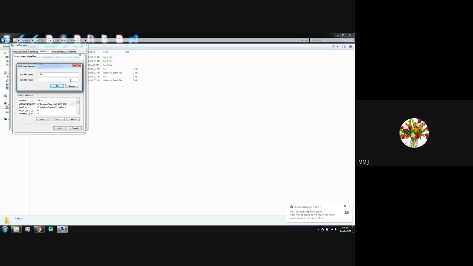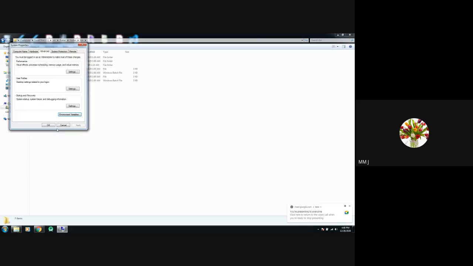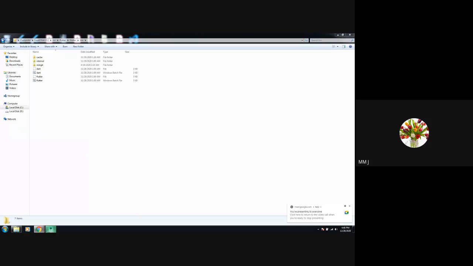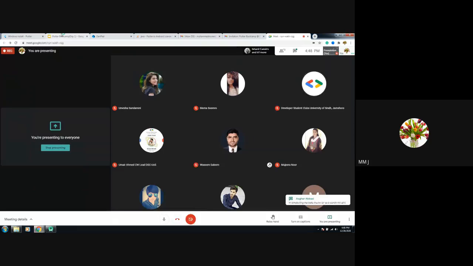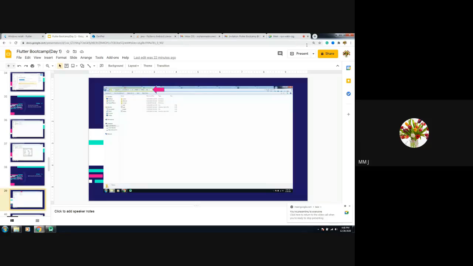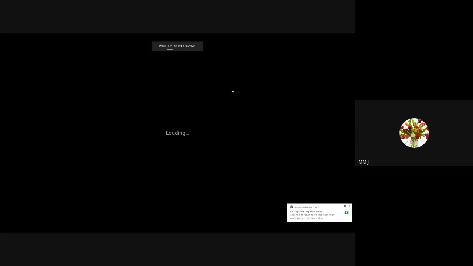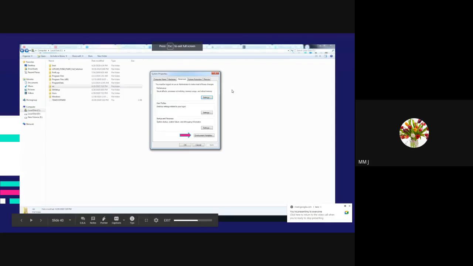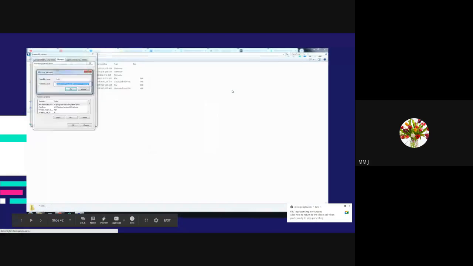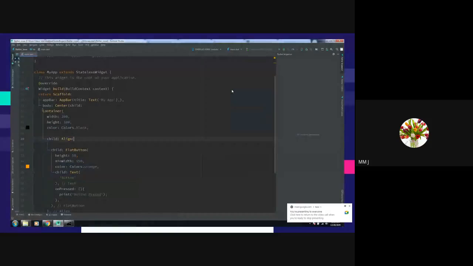That's it. Your path is set here. All right, now what you need to do is... we have set the path here. And now you have to install the Flutter and the Dart plugin